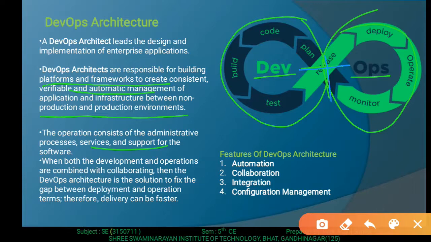While you are combining the two processes, development and operation, collaborating, then DevOps architecture is the solution to fix the gap between deployment and operation. Therefore, delivery can be faster. So this is the main concept for faster delivery.